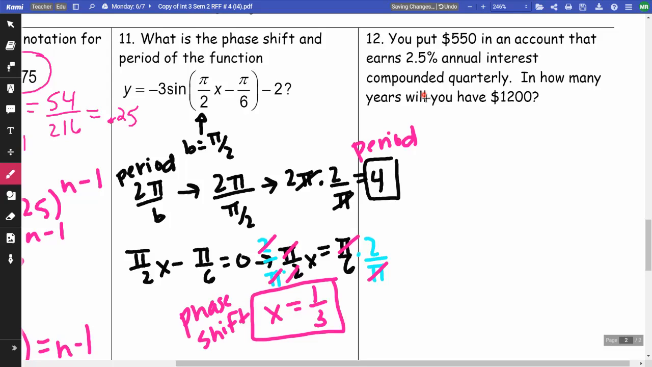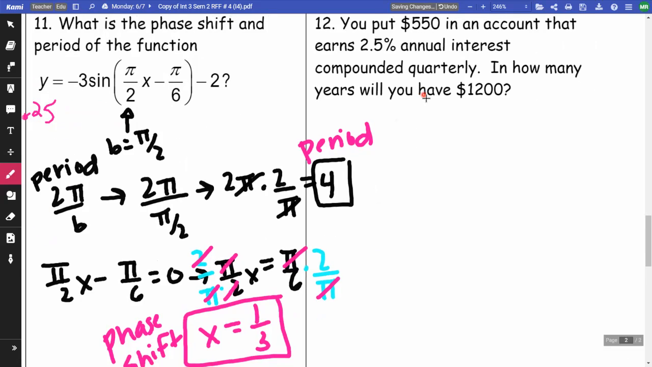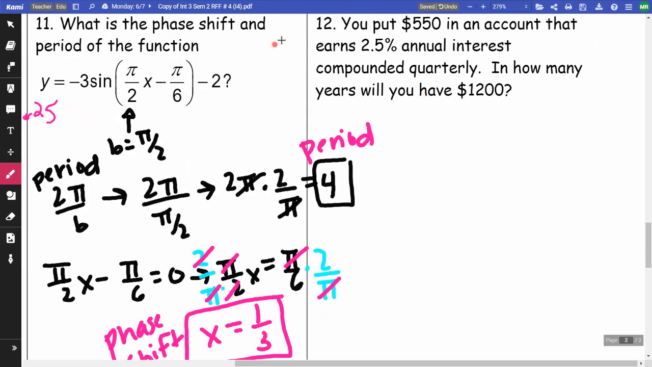And this is the period. So on number 12, this is compound interest, 2.5% compounded quarterly. So I'm going to take 2.5% and write it as a decimal. I'm going to divide it into 4 equal increments. So I'm going to take 0.025 divided by 4, and I get